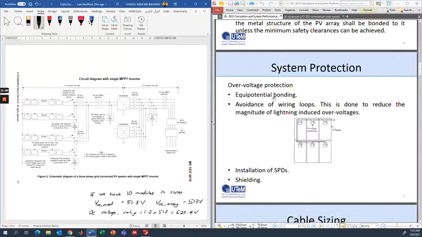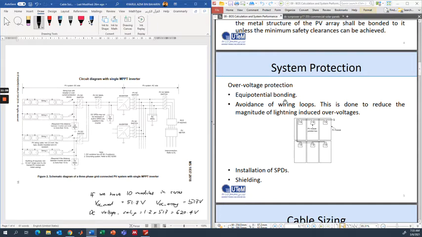Okay. And then overvoltage protection, so we have the term here, equipotential bonding. Equipotential bonding means we want to make sure that the structure, the modules, and all parts of the PV system have an equivalent voltage level. So we call it equal potential.